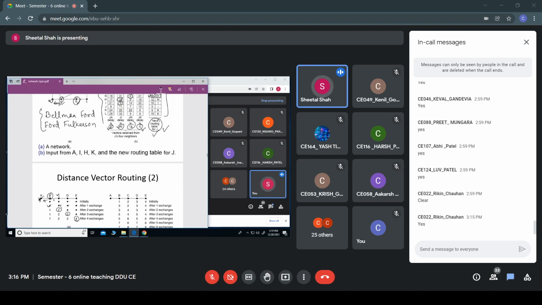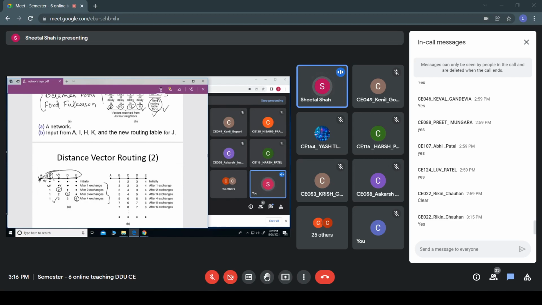So it is not that as soon as A comes up, all of them come to know at a time that A has come up. After four exchanges, they come to know how many hops it takes to reach A. If there are n routers connected linearly, then in n exchanges all the routers would come to know that they can reach router A.